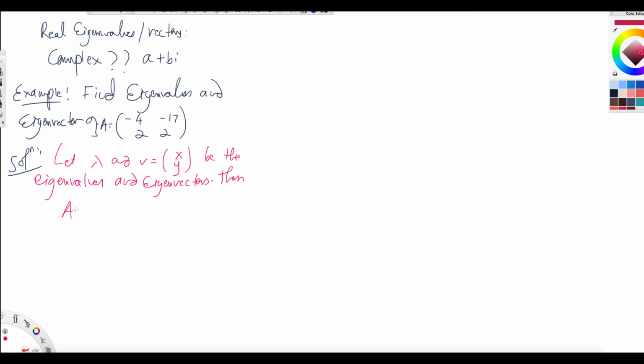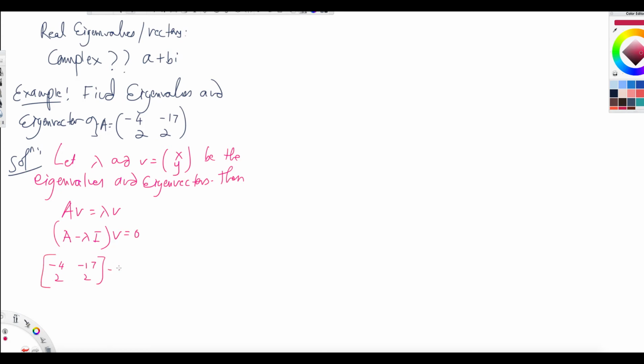Then what is the definition of that? You write Av equals lambda v, right? You write A minus lambda I, and then v equals 0. You see that? So what is the characteristic equation? The characteristic equation is the determinant of that. But how do I find out what A minus lambda I is? That is [-4, -17; 2, 2]